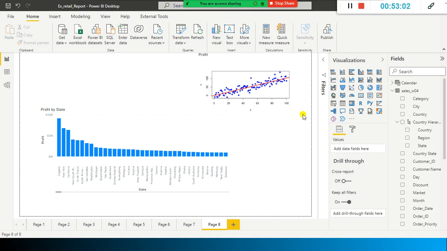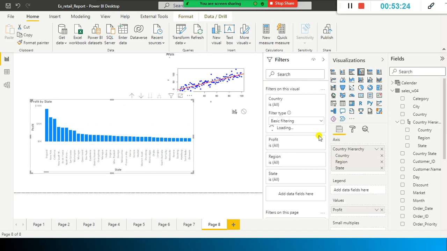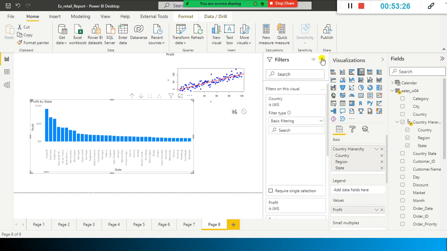If you have multiple visuals and want to filter them based on a specific feature or column, then you can go for it, because it's the convenient way for the users. We cannot expect end users to be technically good, like knowing what is page level filter, visual level filter, and all pages level filter. They may not be aware of this, right?